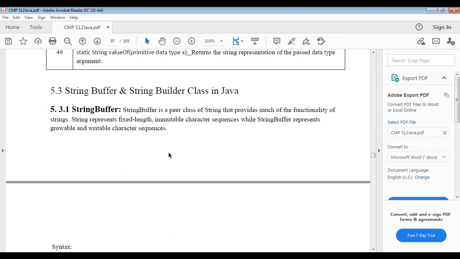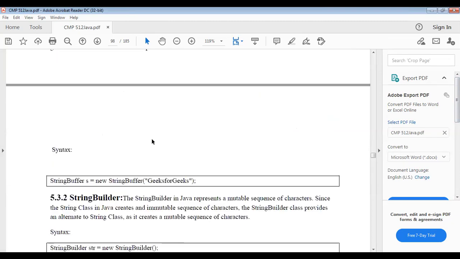Next, we can see the StringBuffer. What is a StringBuffer? StringBuffer is a peer class of String that provides much of the functionality of strings. A String represents a fixed-length, immutable character sequence, while StringBuffer represents a growable and writable character sequence.